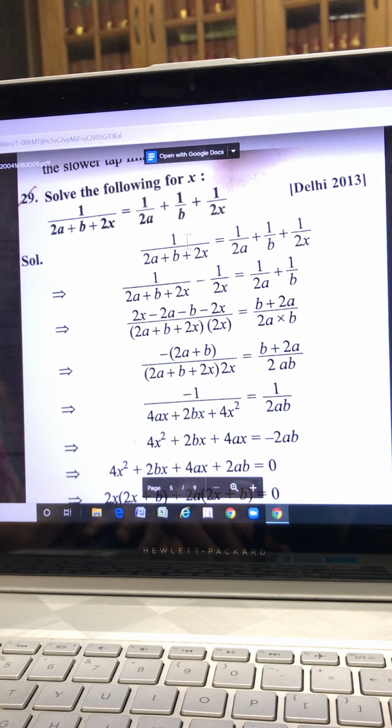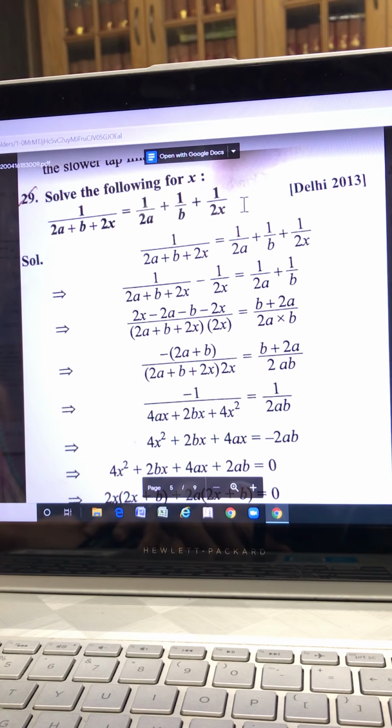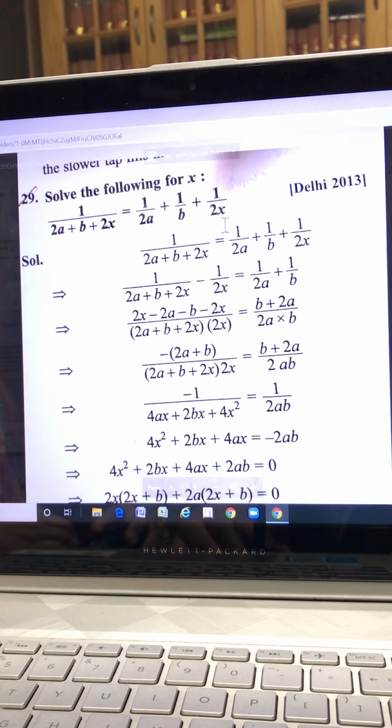The only trick here is that you combine the terms of x. अगर आप इसको बिना कंबाइन करें यहाँ एलसीएम लोगे आरएचएस में और सिंप्लीफाई करोगे तो you will get a very difficult situation जो आप सॉल्व नहीं कर पाओगे. So whenever you have this type of question, कई बार ये question बिना 2 के भी आ जाता है, ऐसे denominator में 2 नहीं होता, then also it is asked, you are asked to solve it. So that is another form of the same question.